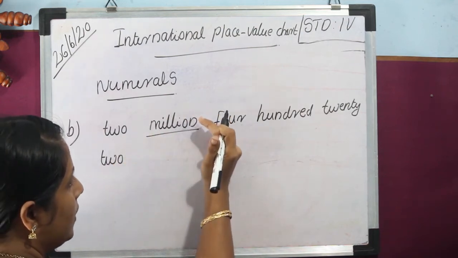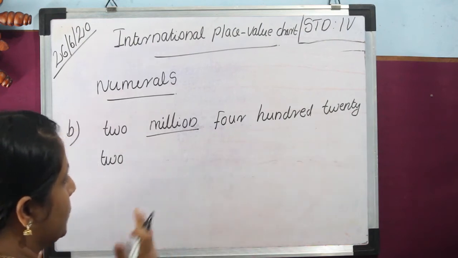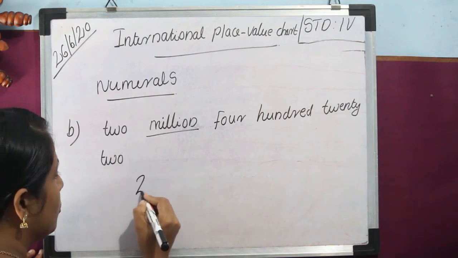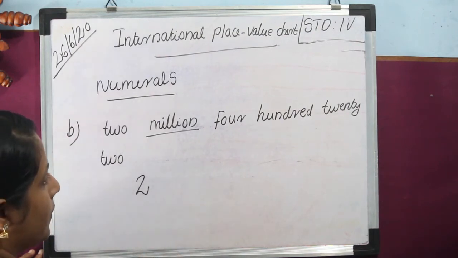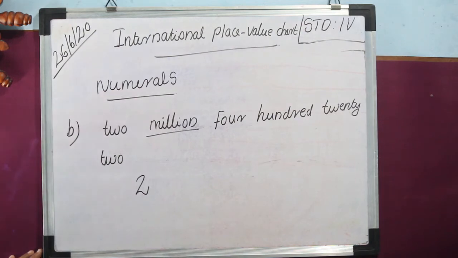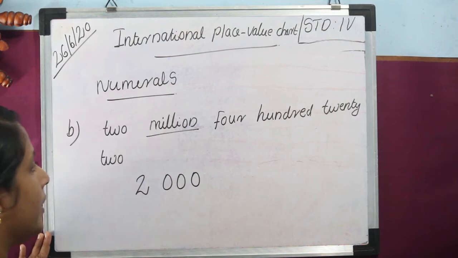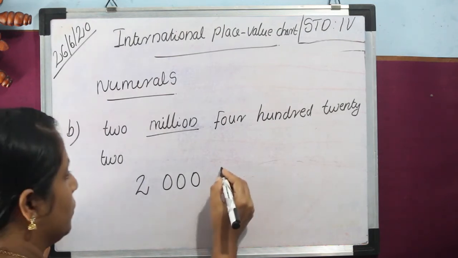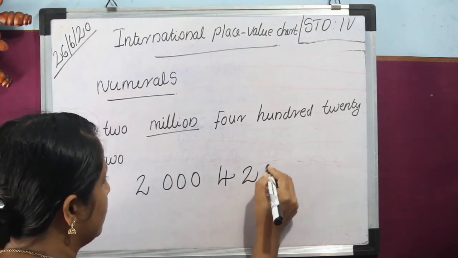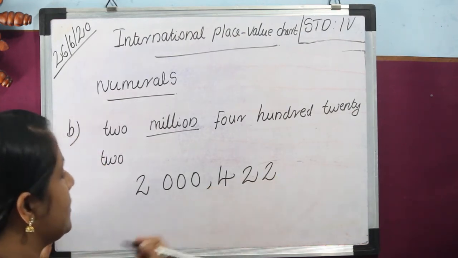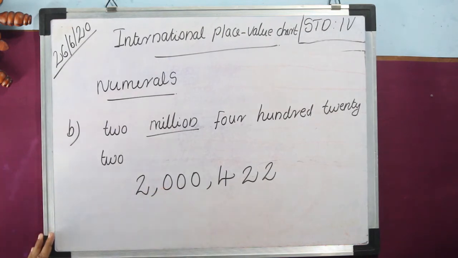Then next we want the thousand position, then last is the ones position. So the thousand place is missing. First we write the number 2 million. Next we want the thousand position. In thousand there are three places, that is thousand, 10,000 and 100,000. So we write 3 zeros here. Next we write 422. Then insert commas. First comma comes after the hundreds place. Second comma comes after the 100,000 place.